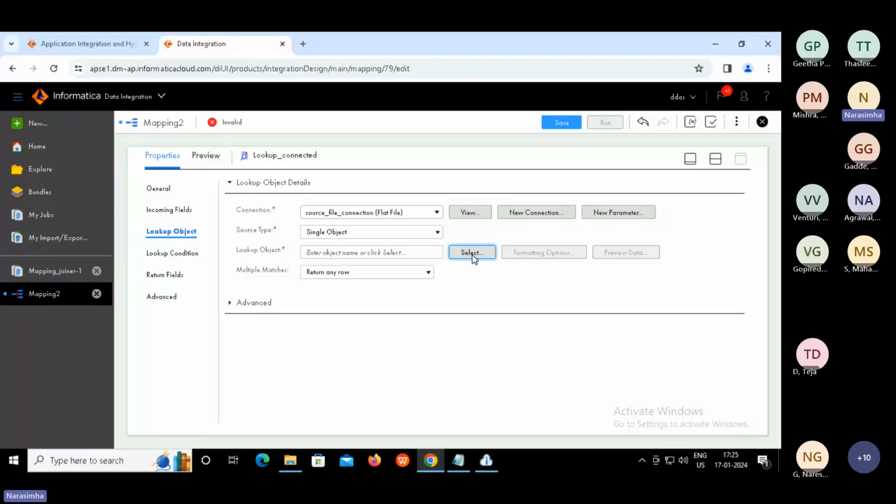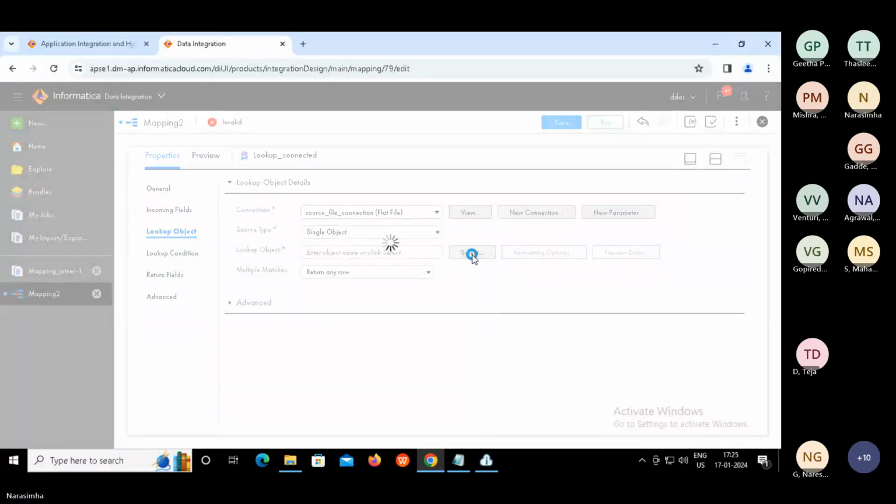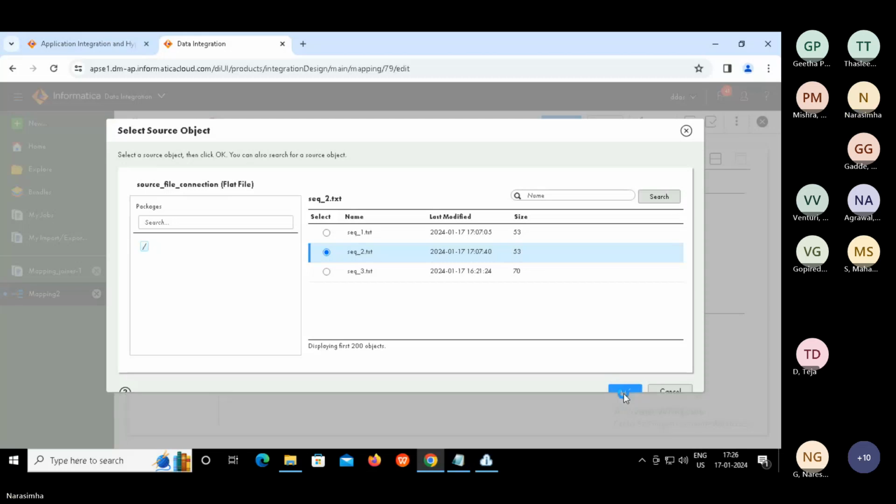So click on select, and select SEQ2 here. Say okay.